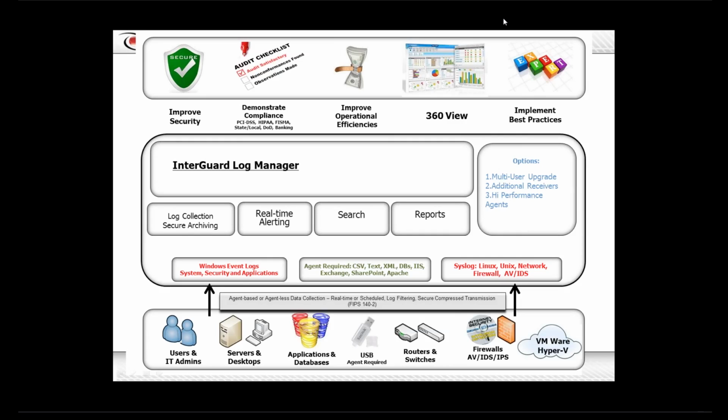Also, the data is being kept with us, and so therefore it's indexed and available for searching after the fact, and there's a number of reports that you can run or have run on a scheduled basis that will help you to answer some of those 4W questions: who, what, when, and where. What this then does for you is it allows you to, first of all, improve your security, but also